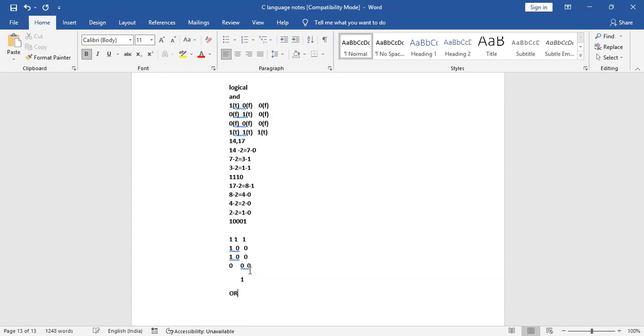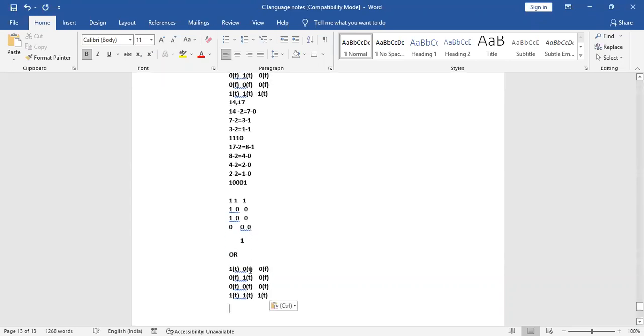So how the operation will be performed here. See, or ante enti any one condition is true, you are going to get the output as true. ఏదో ఒక కండిషన్ ట్రూ అయితే మనకి అవుట్పుట్ అనేది ట్రూ వస్తుంది అనమాట. ఓకేనా,